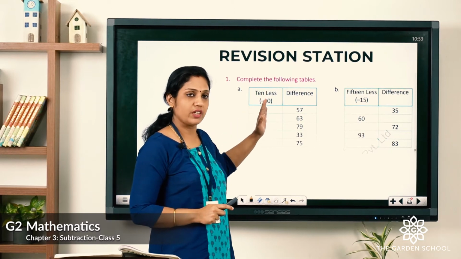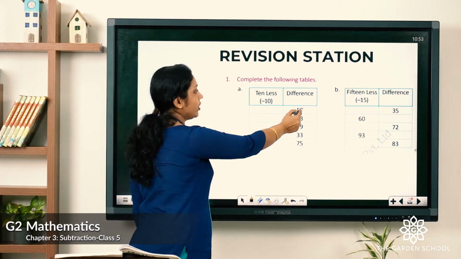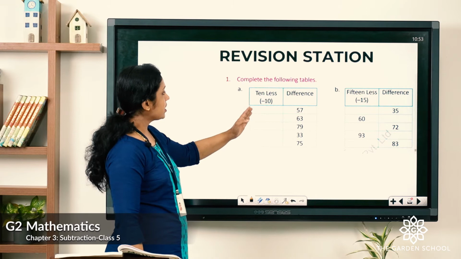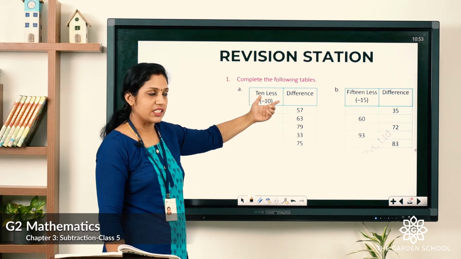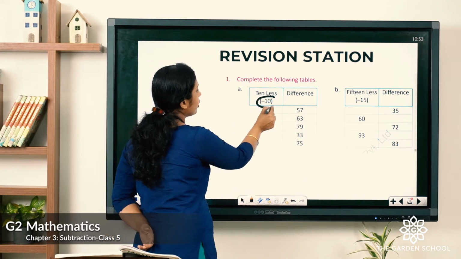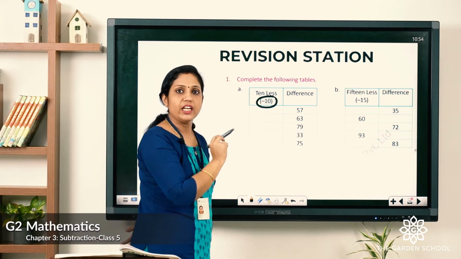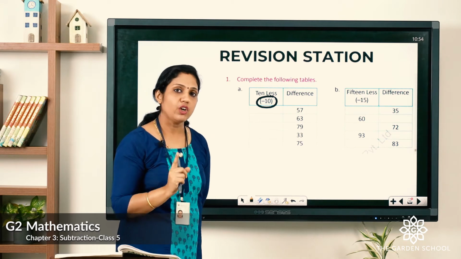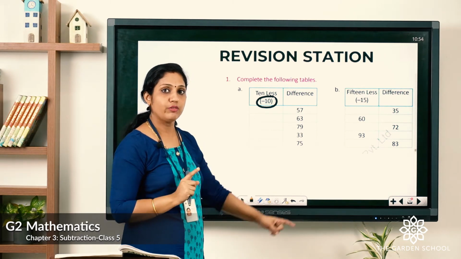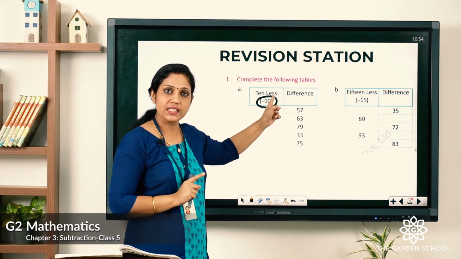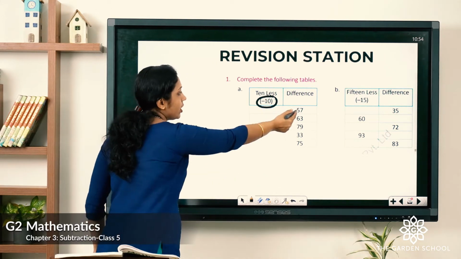So let's check the first table. Here we have the difference here. In this, it's written 10 less. So this 10, you take it as a subtrahend. We need to find out the minuend. To find out the minuend, what we have to do? We have to add the difference plus subtrahend. So what is here the difference? It's